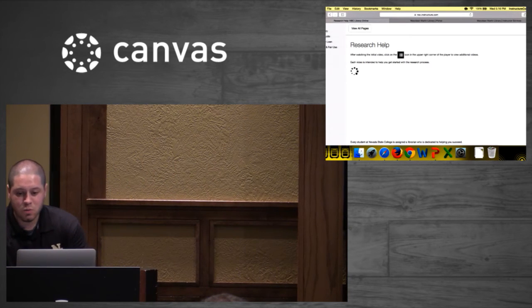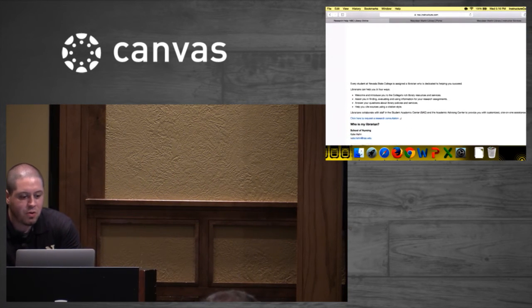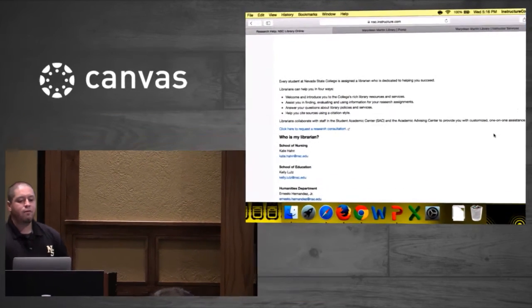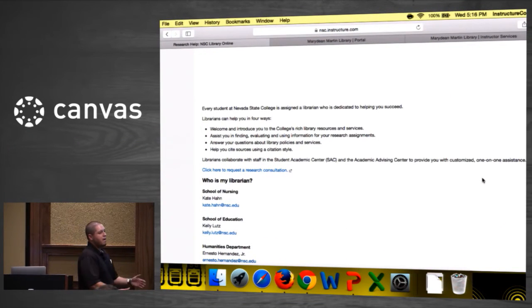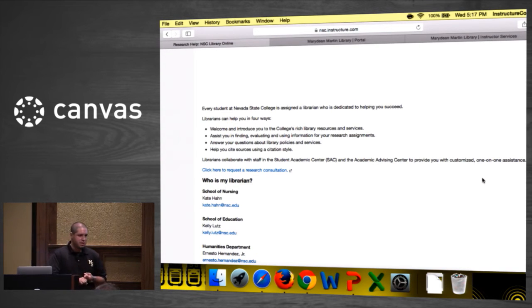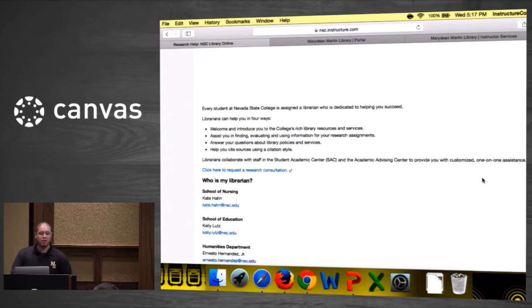So that's what this area is. And you'll notice right underneath, we also have an area for this personal librarian program that we have. Even though we're a small staff, we don't have a liaison model, a lot of us who are comfortable or at least familiar with a certain discipline or subject area are assigned a school. For example, I do humanities, social sciences, and School of Education. Another librarian does School of Nursing and that type of thing.